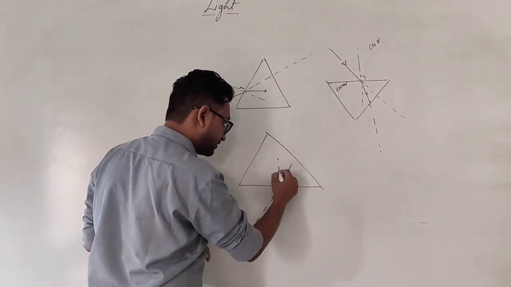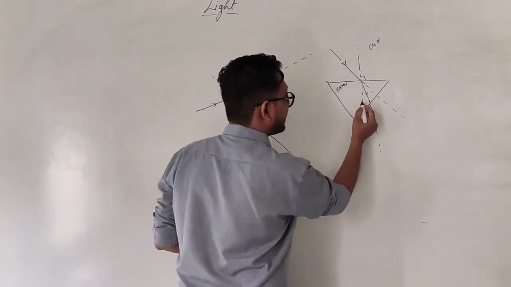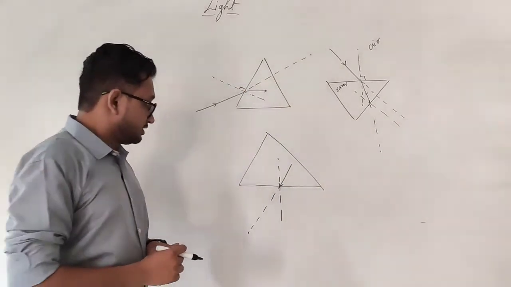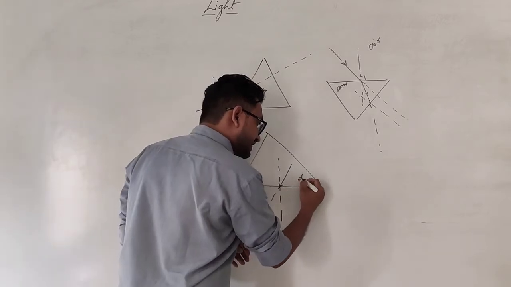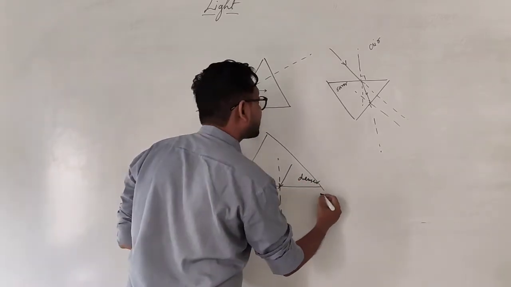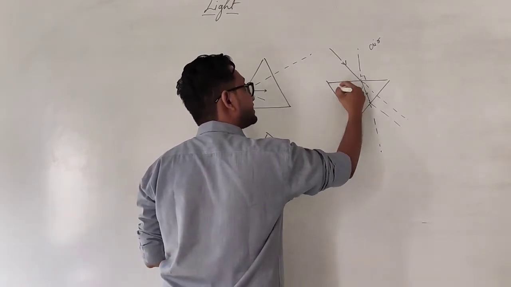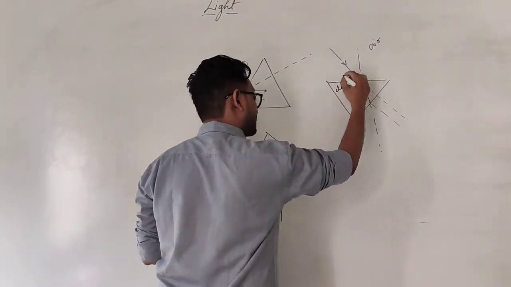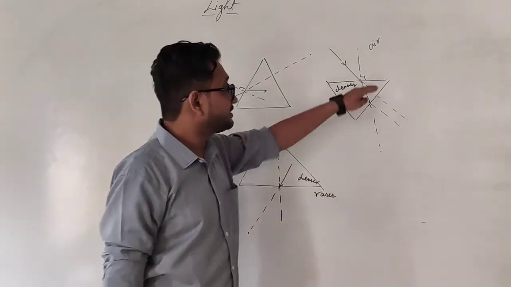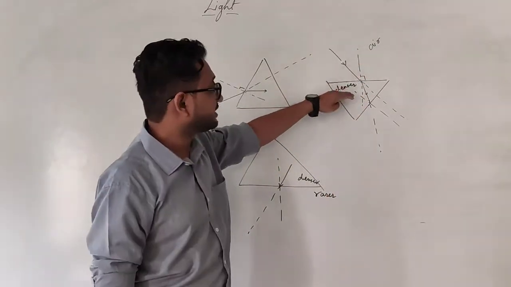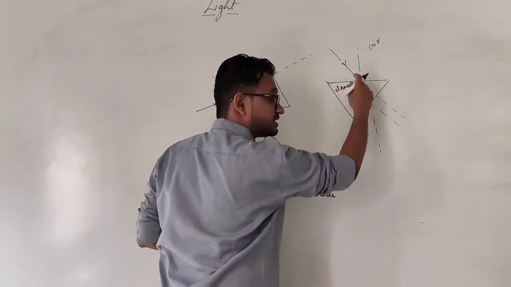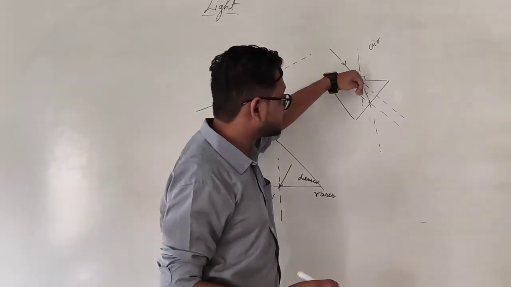But now we have a normal to this point, and we have a normal to this point like this. So we know that now this is a denser medium, okay, and this is a lesser or a rarer medium. It's not a rarer medium, this is a denser medium. My mistake. I'm extremely sorry. This is a rarer or a lesser medium. Air is a lesser or a rarer medium and glass slab is a denser medium. Okay, so when it entered from a lesser to a denser medium, it bent towards the normal.